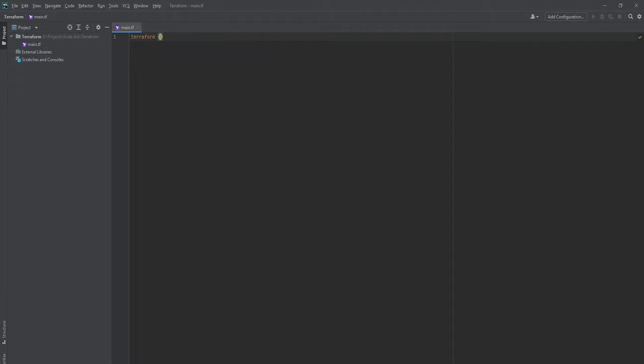Basically this block is about having settings for Terraform. Inside this block we have a certain parameter called required_version, which will let your Terraform version be set according to the expression. So I'm going to set 1.0.7, and I'm saying keep the version at least 1.0.7 or greater than this version if anything new comes up.